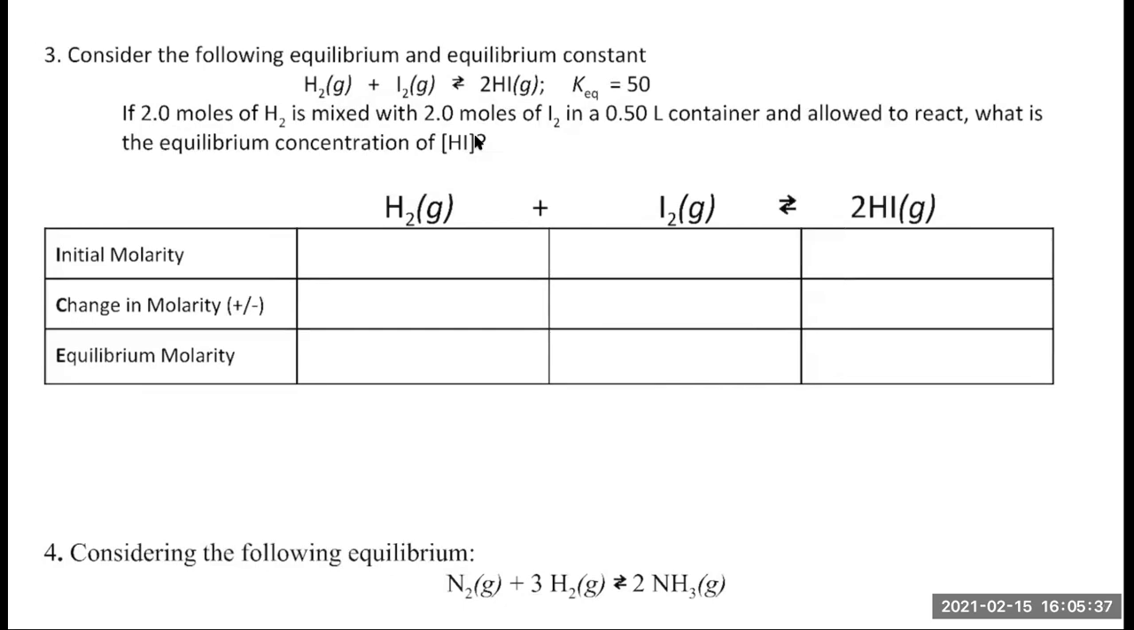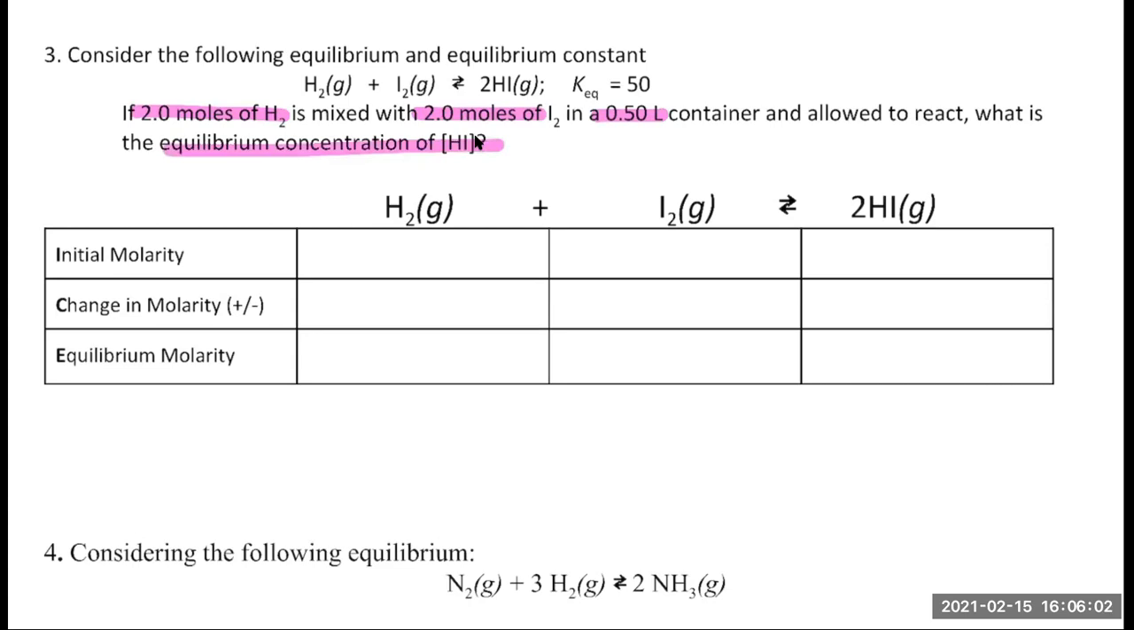All right, so here we have a problem. It says consider the following equilibrium and equilibrium constant. It gives us a balanced equation and it gives us our KEQ value. If 2 moles of H2 is mixed with 2 moles of I2 in a 0.5 liter container and they're allowed to react, what is the equilibrium concentration of